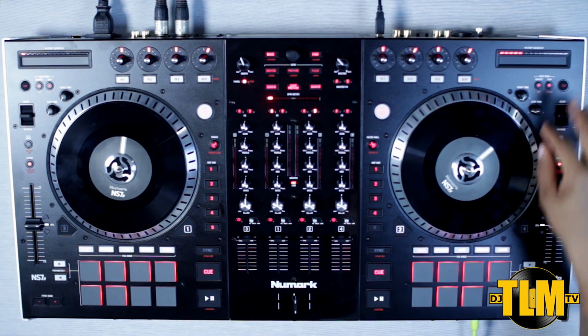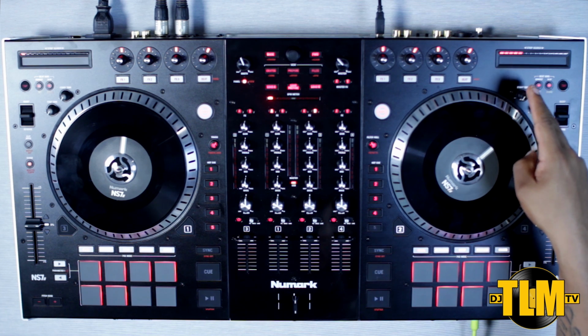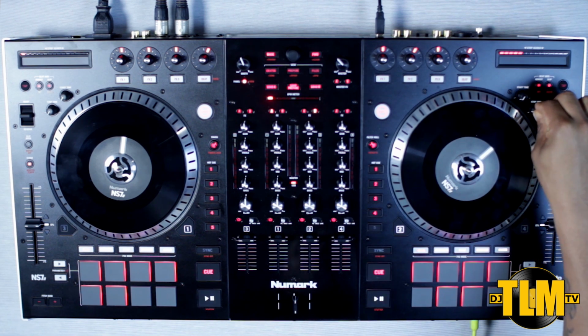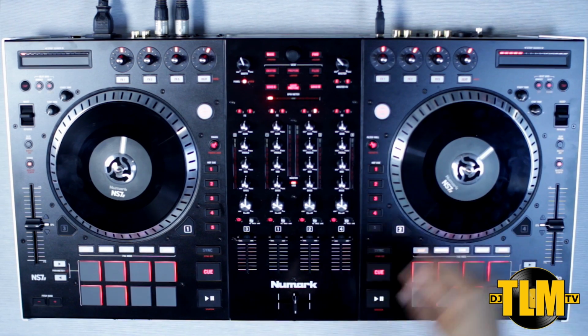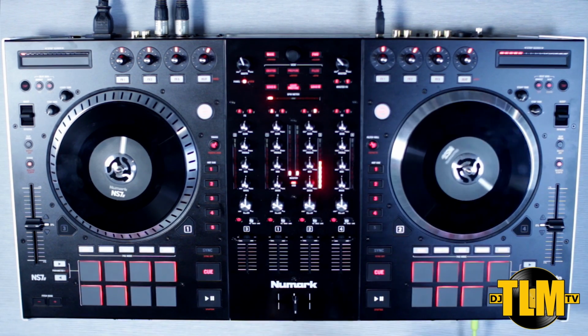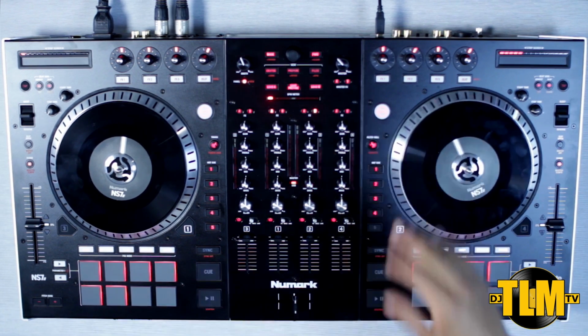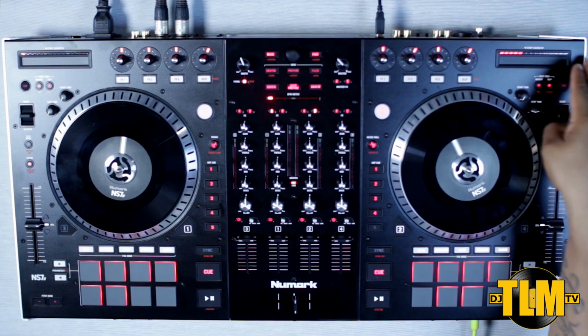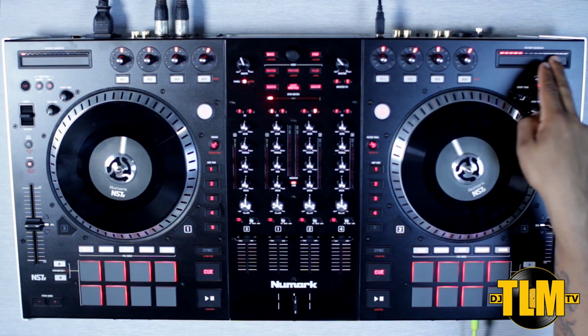Now over here, you can adjust a couple things. You can change the way that it starts or stops. I always like to make the stop a little bit longer. I want it to start instantly, but the stop, just give it that turntable feel instead of just stopping at once. Now over here you have your strip search, which allows you to go to any part of the song,